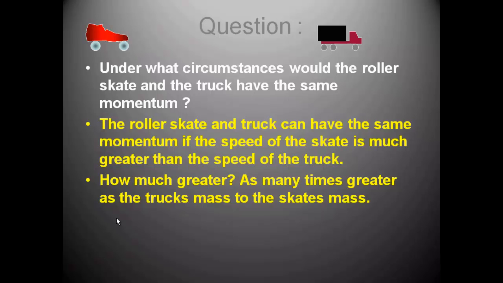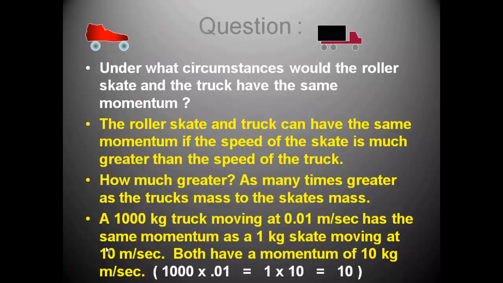So it has to be, and this is the key here, as many times greater as the truck's mass to the skate's mass. So my example is, if we have a 1,000 kilogram truck moving at 0.01 meters per second, that will have the same momentum as a 1 kilogram skate moving at 10 meters per second. So 1,000 times 0.01 is equal to 1 times 10, which is both equal to 10. So therefore, it's going to have 10